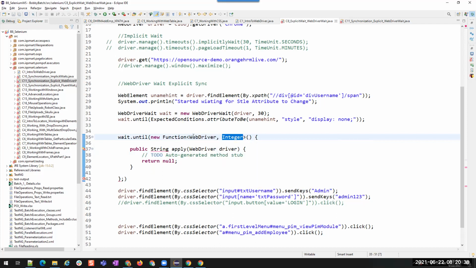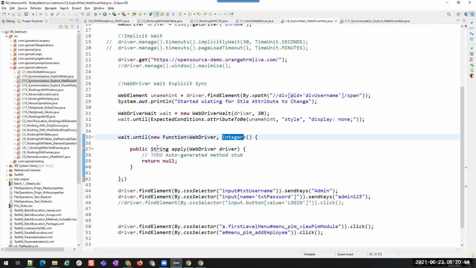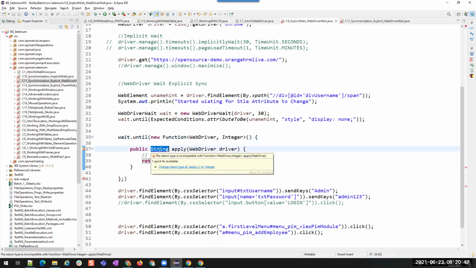That is the meaning of this new Function: this is the input parameter and this is the output parameter. But I'm saying I'm going to get an Integer, while inside the method I'm returning a String. That is why it is saying please change this to Integer. Understood? This is the syntax of this.